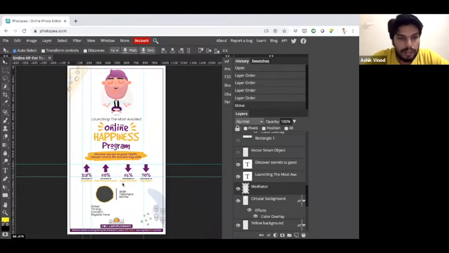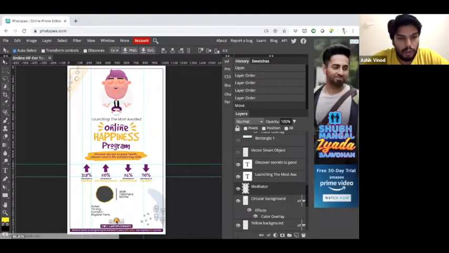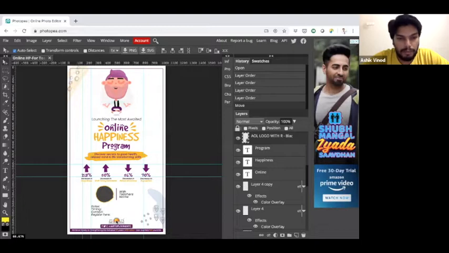Let's say you want to move this Art of Living logo to the top right corner, not the bottom. You just click that and make sure it is selected, and make sure the move tool is selected, and then you move it to the top right corner so that you have some space below.